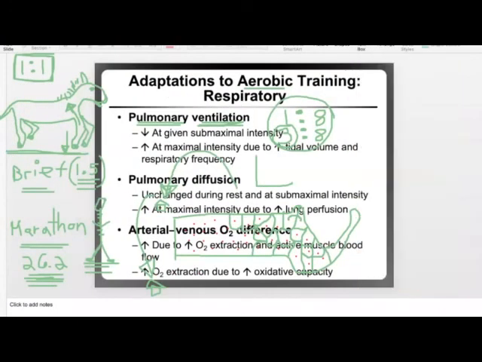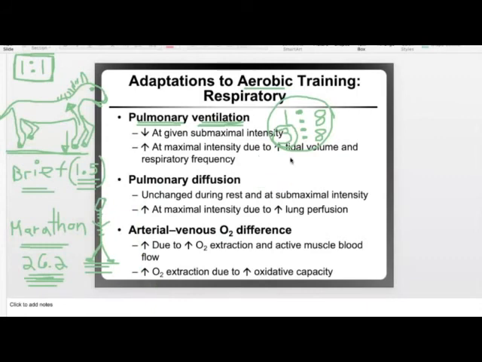So one interesting thing about human beings is that we are able to change our pulmonary ventilation. We are able to change our breath to step ratio given particular bouts of activity. And some of the changes in VO2 max, or the ability to get oxygen to my body, are a result of changed ventilation rates. All right, now that's comparing human beings that are bipedal to quadrupedal animals, and it makes